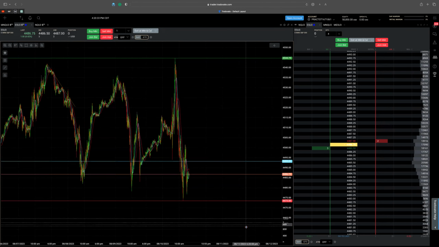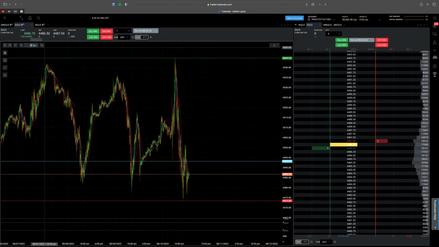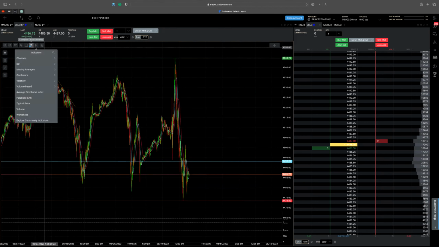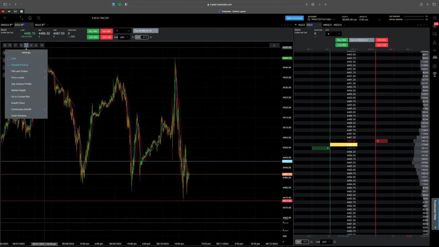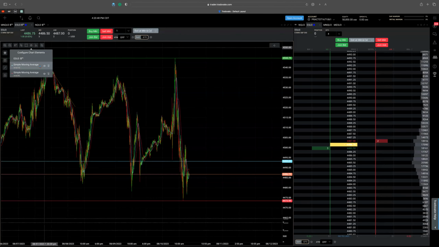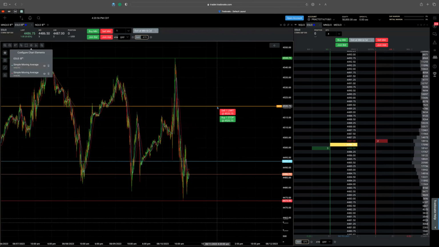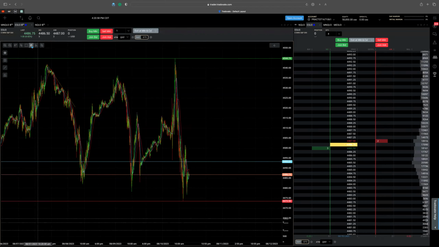What if it's an indicator? Current grid position, chart settings, simple moving average. I have no clue what this is. It's not an indicator. That's strange. Anyways,